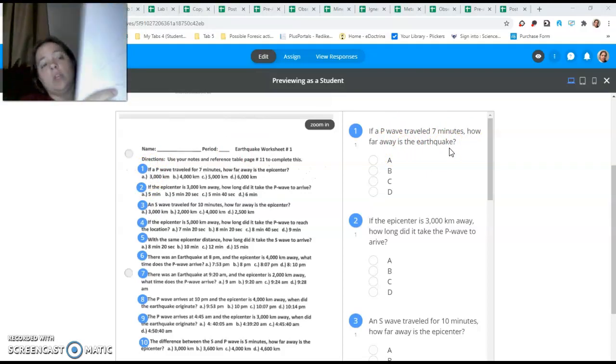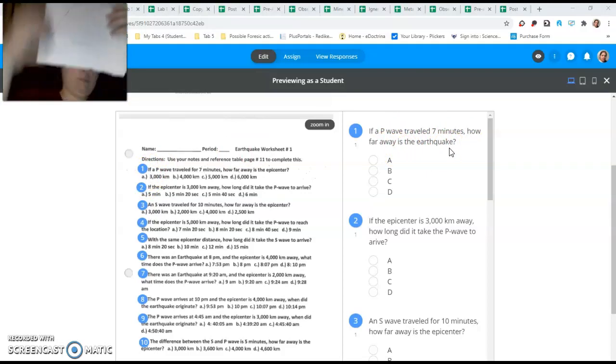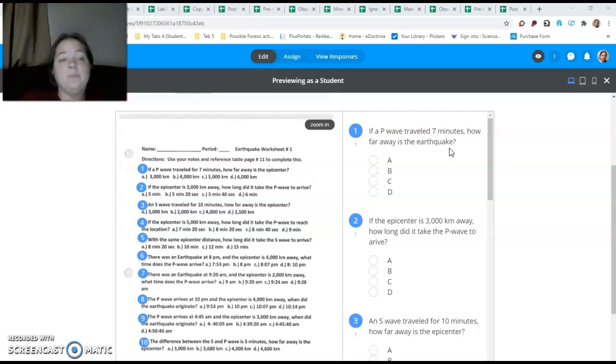You are going to be using this reference table page 11, on this. So you can swap back and forth between this and the notes, because I put it on the notes. If you don't have it on the internet, which you should be able to look it up, and you can save it to your drive. So you always have it, or you have it in hand,